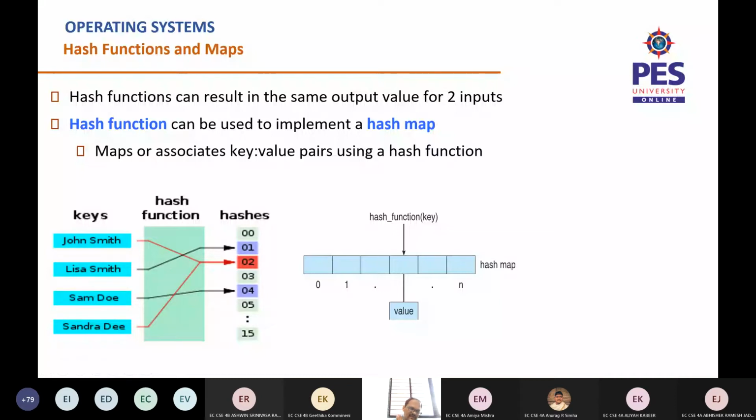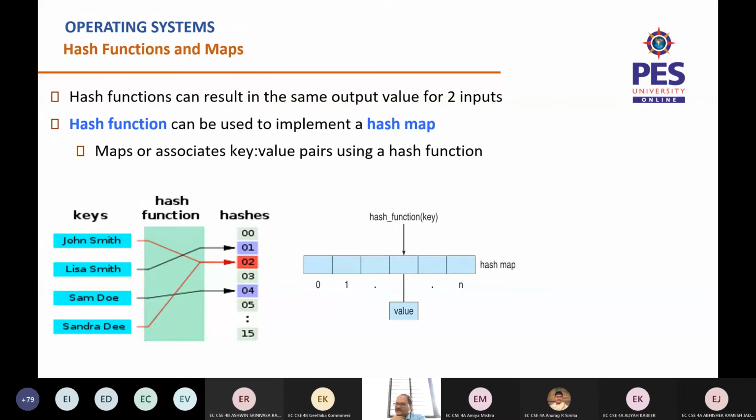So this is the advantage of hash functions, but care should be taken that you produce the right kind of hash function. On the other hand, if your hash function is wrong, then it might give you a lot of collisions. That is, when more than one input is processed, you get the same answer. So that could be a problem. See, this hash function is up to you to decide, what is the best thing. In this particular case, I took the starting letter of the name as the hash function, so that I don't have much confusion.